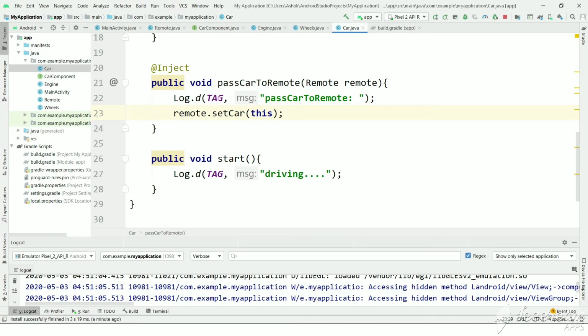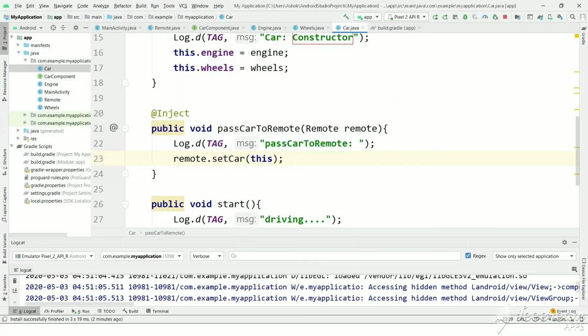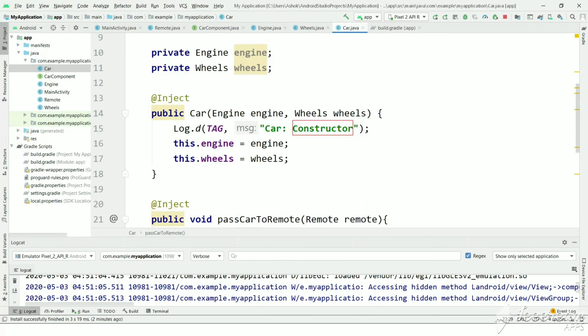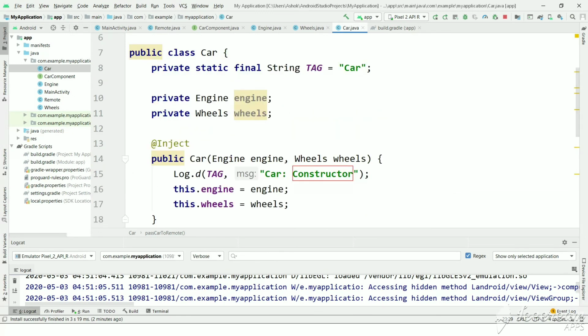As a result, we have not called this method manually. Dagger will identify the methods with the inject annotation and automatically call this method by creating the parameters and executing the implementation. So this is the way of method injection in Dagger.